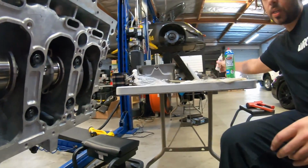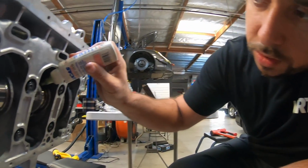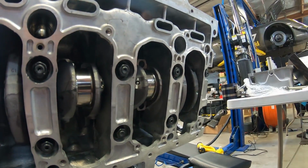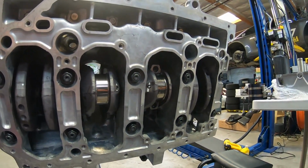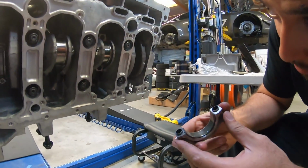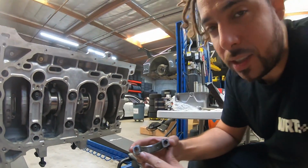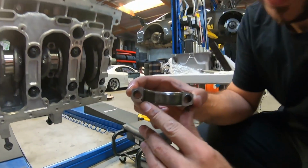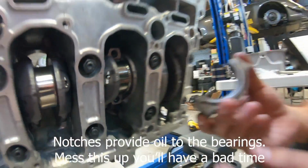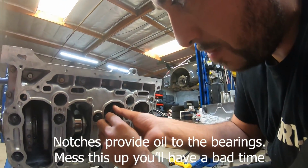Now that we're seated, we're going to get a little bit more assembly lube, put it on our journal. Get it on there nice and even. Do the same on our rod end. Now make sure that your notches are on the same side. As you can see here, our bearing end has a notch here, and right here our rod has the notch on that side. So we're gonna make sure those notches are on the same side,